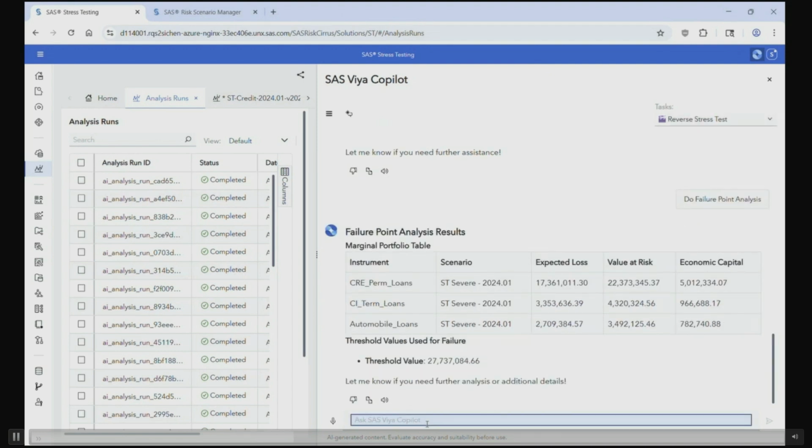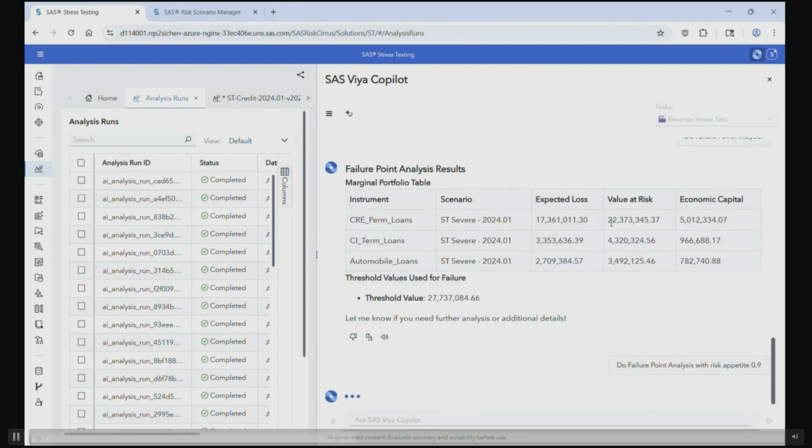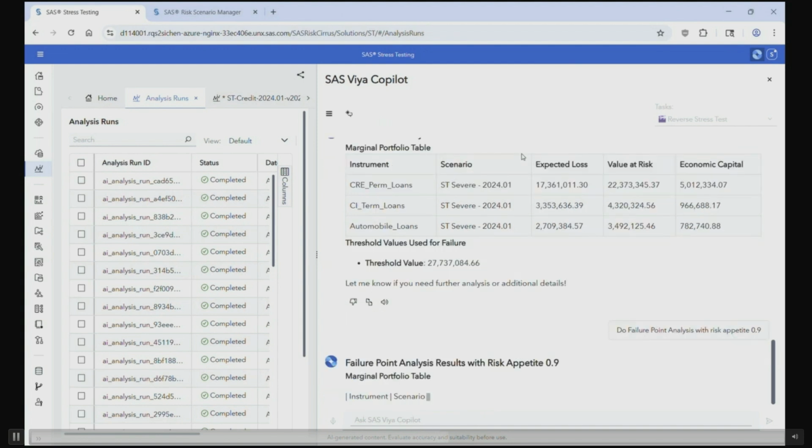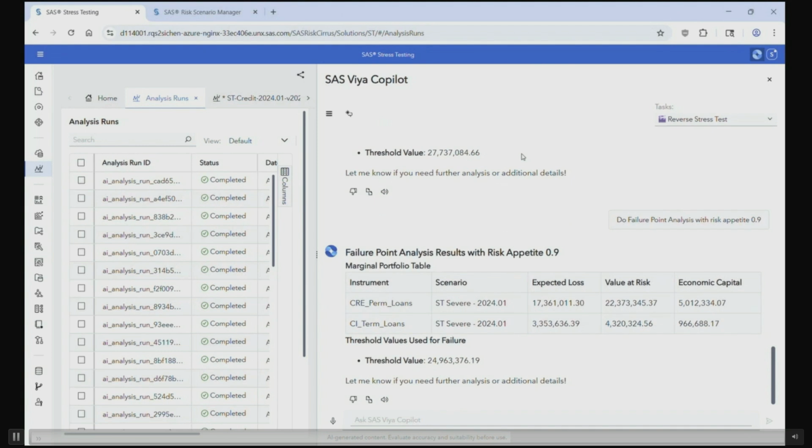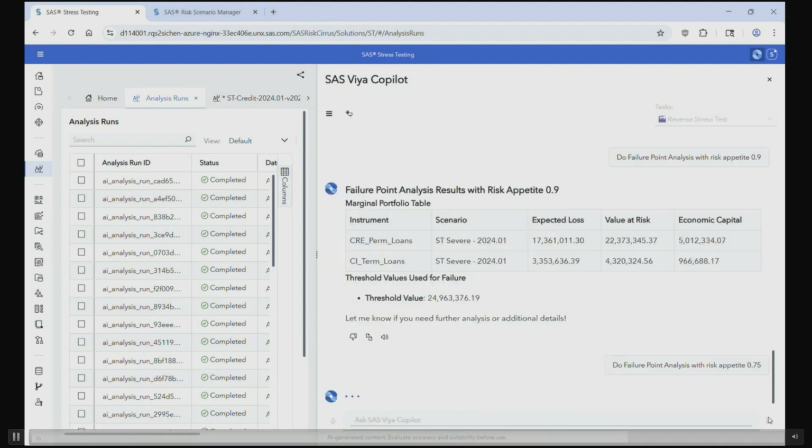Now, if I want to change my failure point, because I don't want to use up all the economic capital that I had allocated, I can prompt with a different value. For example, I said, for a risk appetite of 0.9, give me the portfolios that are going to match this loss. It came back with a revised set where now we have 2 portfolios. So earlier we had 3, and now we have 2, for which the credit VaR is going to exceed the